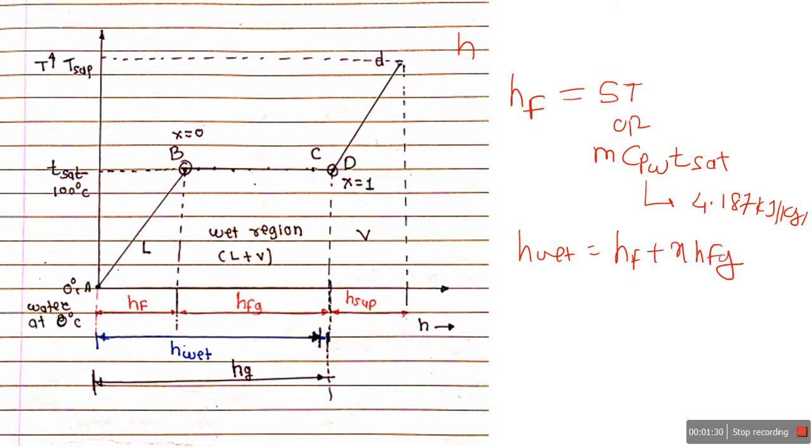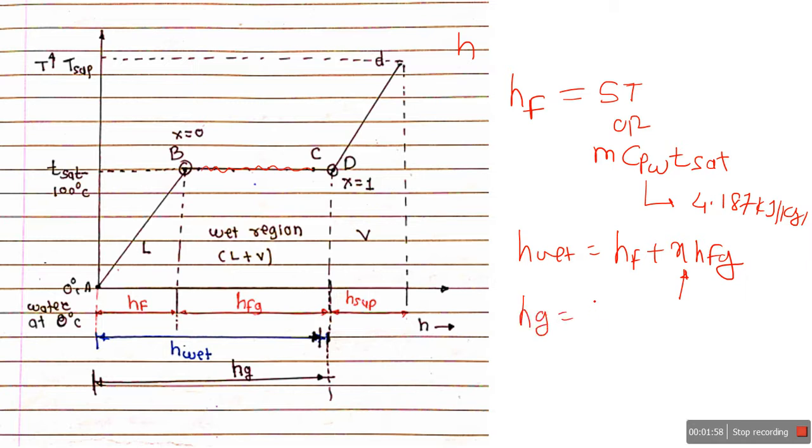Enthalpy of wet steam means the state of steam in between B to D, and this is the wet region. Where it lies in between is indicated by the dryness fraction: how much dry steam is contained in 1 kg of wet steam. The value is either given or we calculate it, as we will see while solving the numericals.